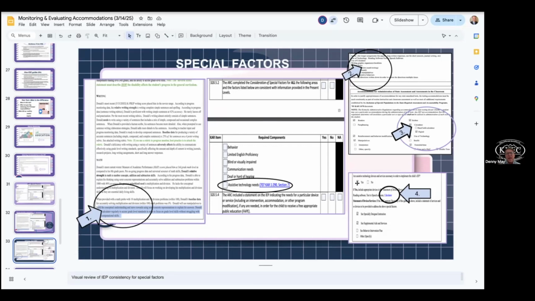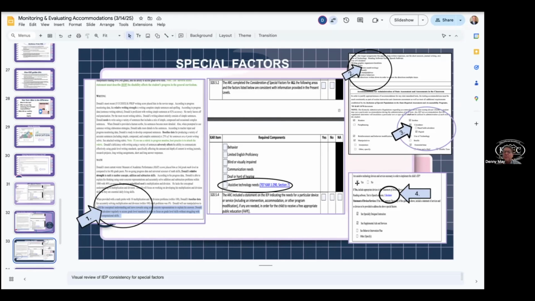So if you just forget to mark yes, you can do a non-programmatic change and fix that up with an ARC signature and the teacher signature, and say it was an oversight, and you can send that to the parent. And that's what needs to happen with that. But if you've left out the verification in the present level, then you need to have an ARC meeting to do that, right? And so this is really what we're talking about when we talk about we've chosen that calculator, we're verifying there's a need, and we're making sure that that's being consistently provided with specially designed instruction daily for that student in order for them to qualify.